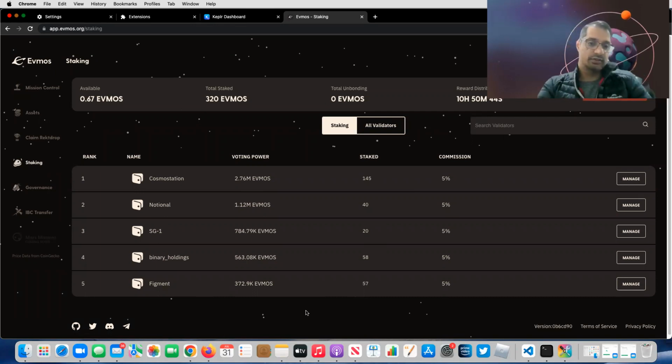Now I expect some of the projects to build on evmos also, and they may actually reward stakers on the evmos chain as well. So that's my theory. But again, it's always a speculation. They may or may not decide to reward the stakers. So it can go in any direction, but so far it has been working, and the projects have decided to reward the stakers.